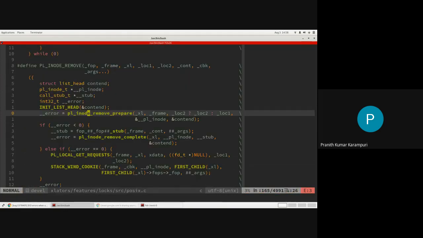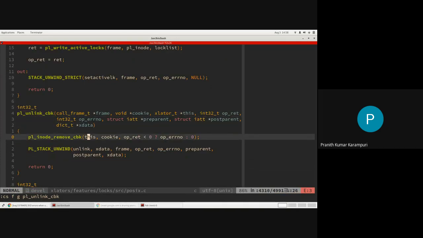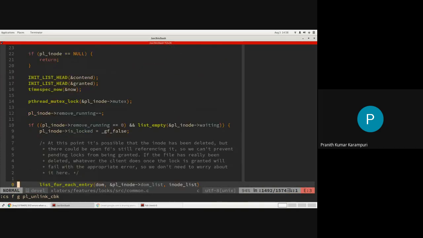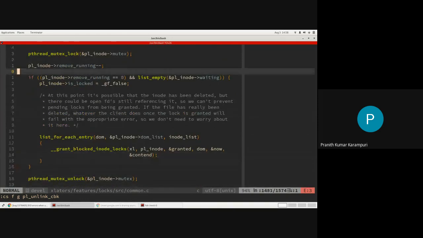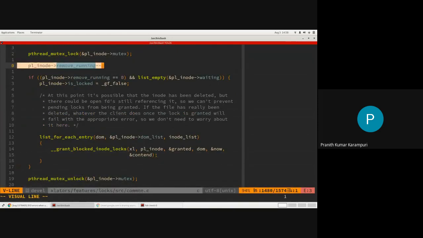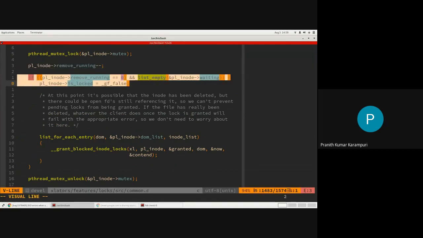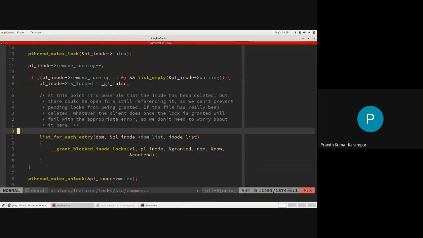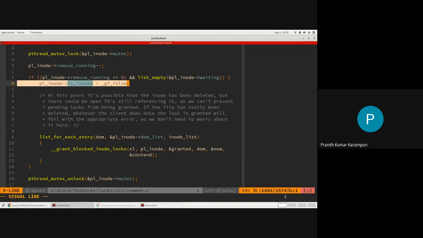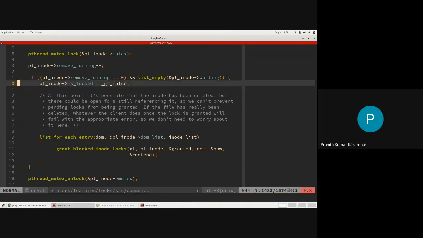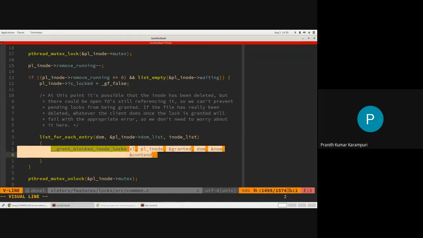Okay, now if the unlink is successful, you are going to do the opposite, where you decrement the removal operations, and once that is done, you set this is_locked to false, which is equivalent to doing a full file unlock. And then you will try to process all the inodelks that may be pending. Now you try to do a lock again.